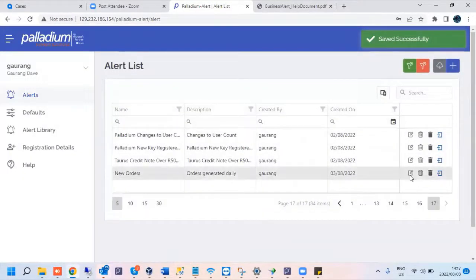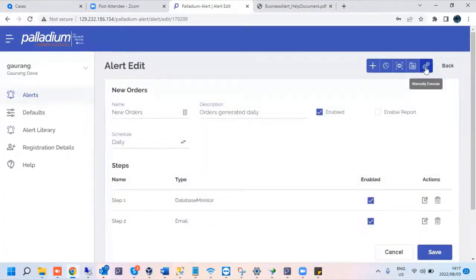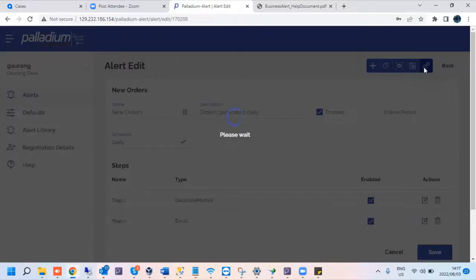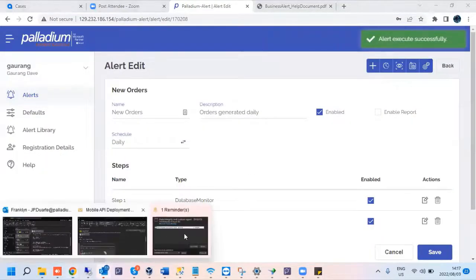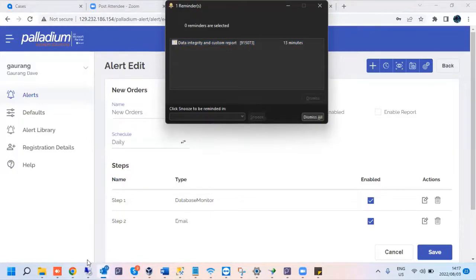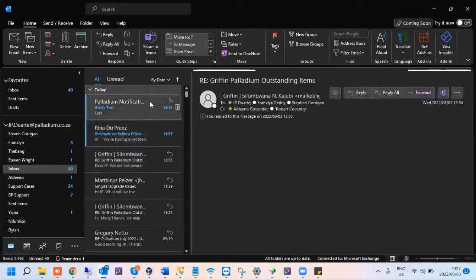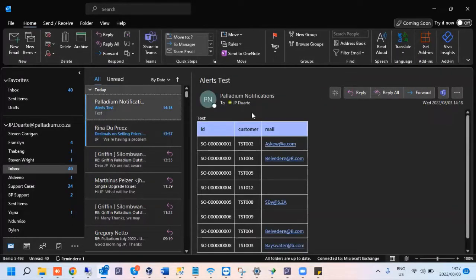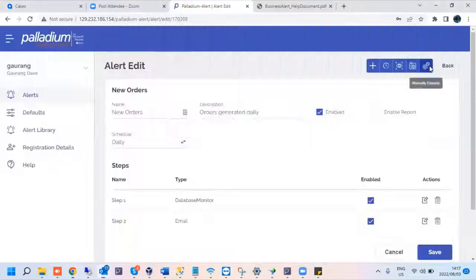We're going to go back to it quickly. Just going to click on Edit, and we'll go to the top right over here. And this is just to execute it manually. This is just to make sure that it has run successfully. You'll see here, I have an alerts test. It will then show me all the sales orders that are listed there. But now if I have to run the test again,